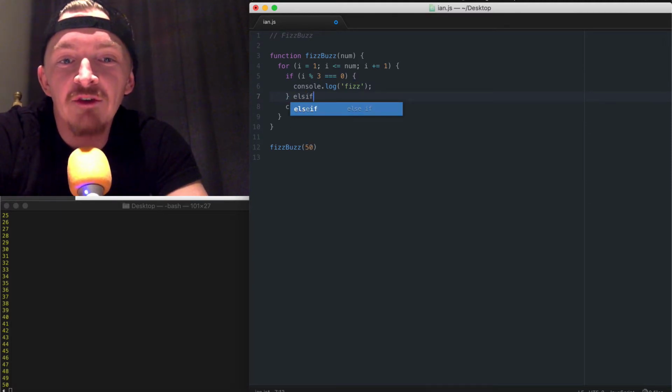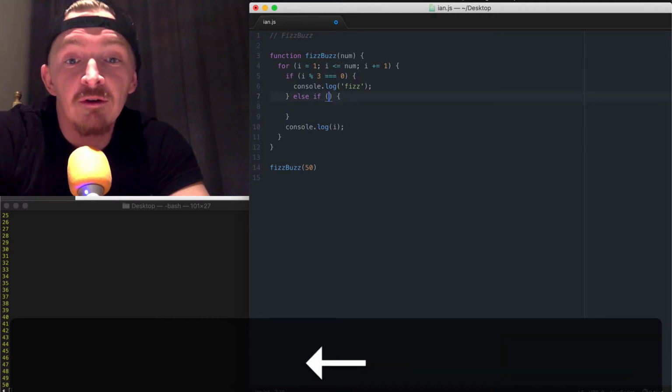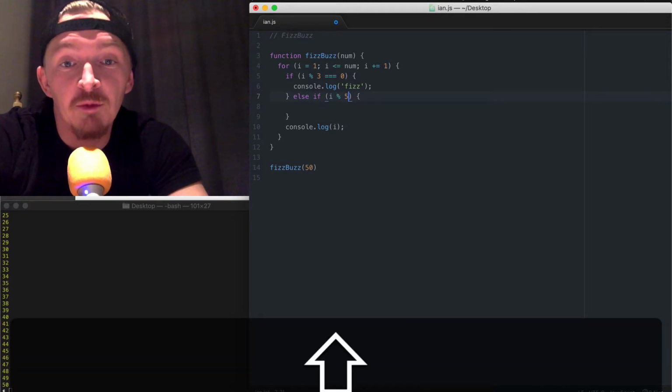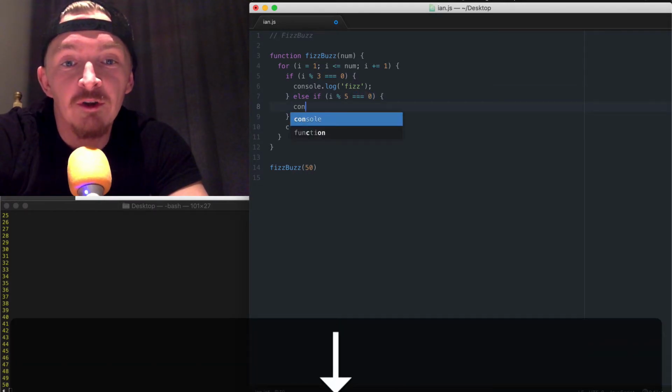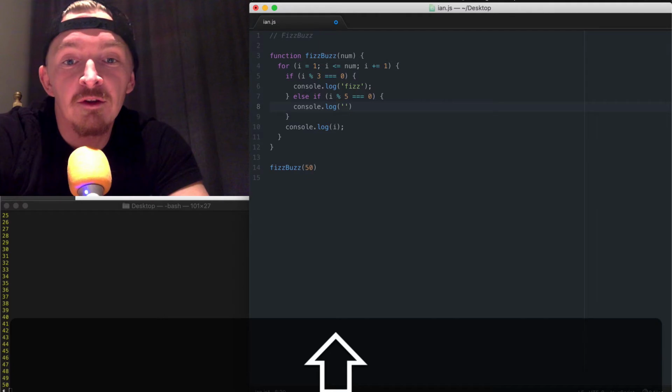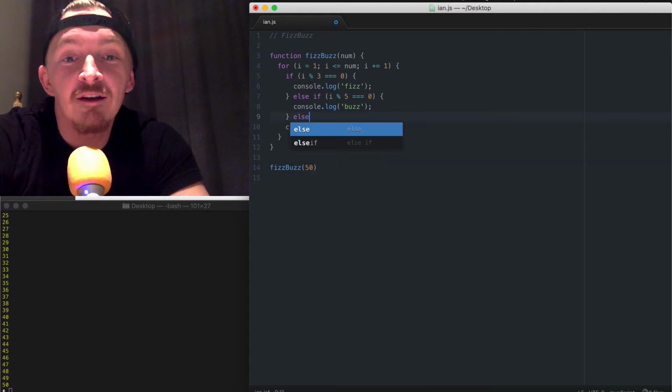But then we want to say else if, oh, that's Ruby, else if. And then we want to put in parentheses here, i is evenly divisible by 5 equal to 0. That's going to console.log buzz. And then finally, if i,